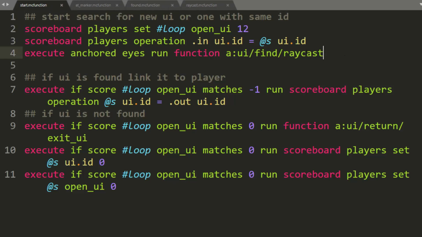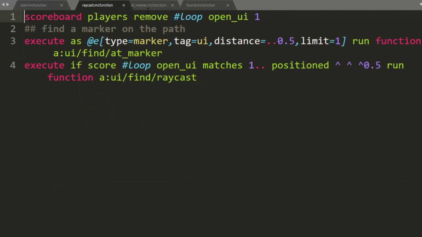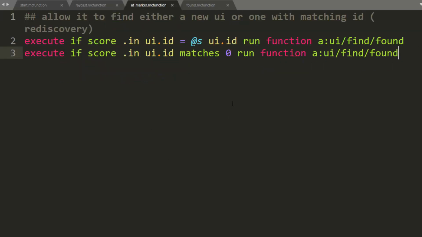And we essentially just set a score to 12, and we copy the player's UI ID. So each player is going to get a UI ID at some point, but when somebody doesn't have a UI ID, you're just copying 0, meaning you're not opening a chest, and then it runs a raycast, okay? So the raycast is going to have to do everything before we continue here. And the raycast essentially just moves forward in steps of 0.5, looking for a marker within 0.5 that is a UI. And when it finds that marker, then it will check if you have the same ID as the marker